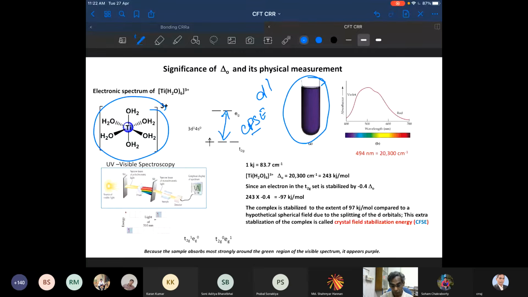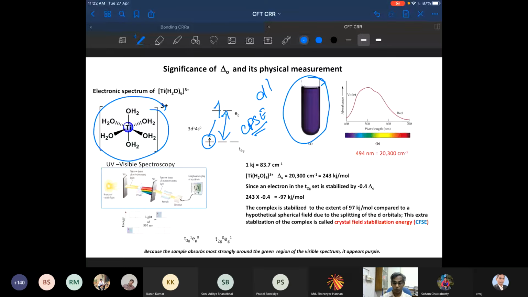If the energy gap is such that this electron can be excited to the higher energy eg orbital with the help of visible light, then there is a transition. The visible light, the room light, is sufficient to excite this electron to go here. The energy gap is such that it can excite, and then what will be absorbing the